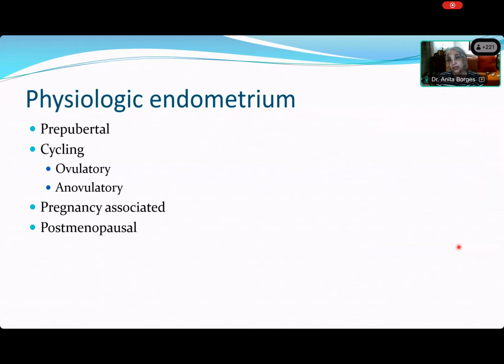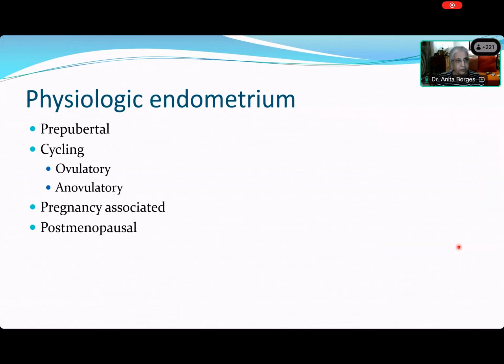Certainly, you're not going to do a DNC, or you're not going to whip out a uterus or anything of the sort. Yes, you will be doing an ultrasound, and that's why Gurian was right. You will do a pelvic ultrasound. You will also look at her adrenals, and you will look at the pituitary ovarian axis, because we want to know what is going on in all of these organs. Whether it's the pituitary, the adrenal, or the ovary, all of them have a big role to play in the physiology of the endometrium.